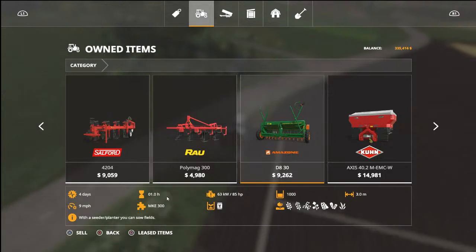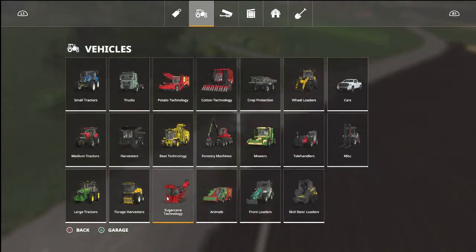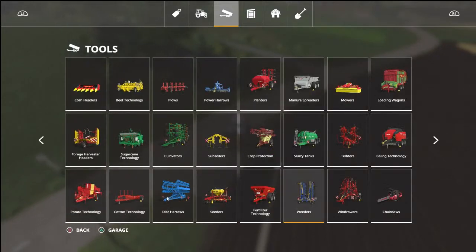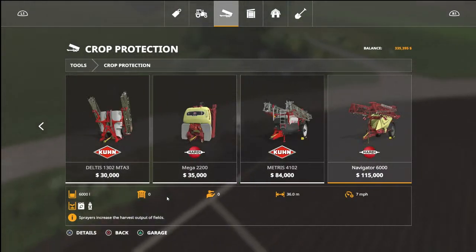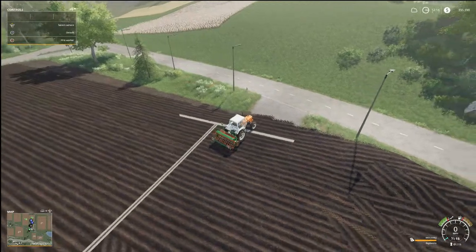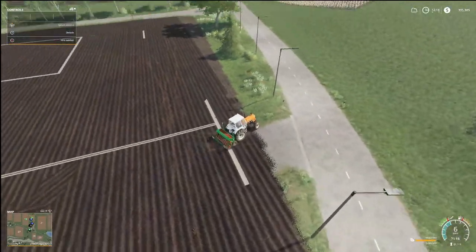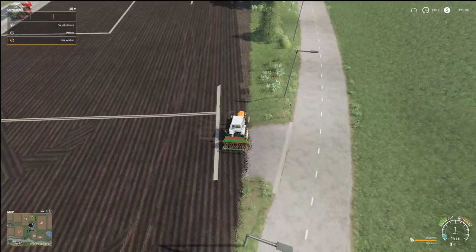So we have, it says it fits the MKE 300. Let's see what we have. Fertilizer. Not that. Crop protection. Not any of these as well. So I guess he really has no. What is he doing? I think he's stuck. Oh no! I must have hit the B button. So we're gonna turn him around. We're gonna get him restarted, and then